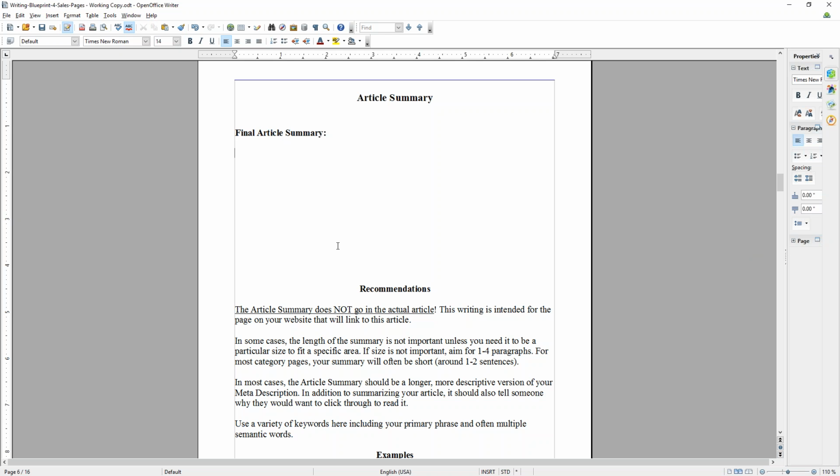I also want to make sure I am using as many different relational keywords or semantic words as I can. This again will help me when it comes to getting good search rankings for this particular topic. So I might say something like,